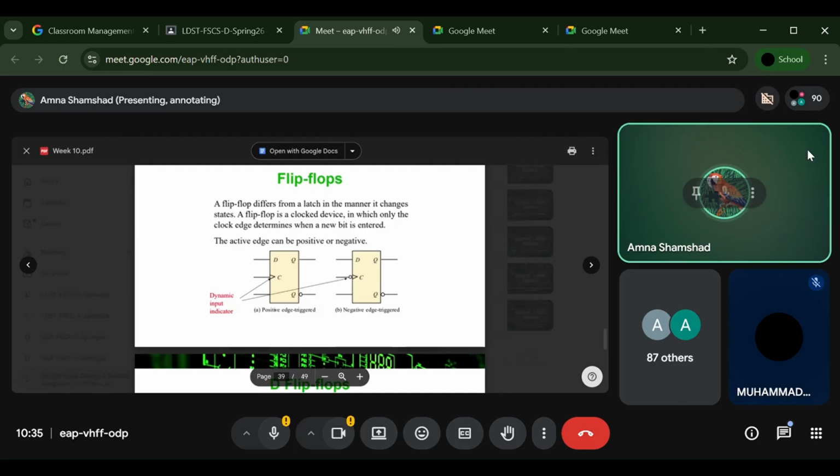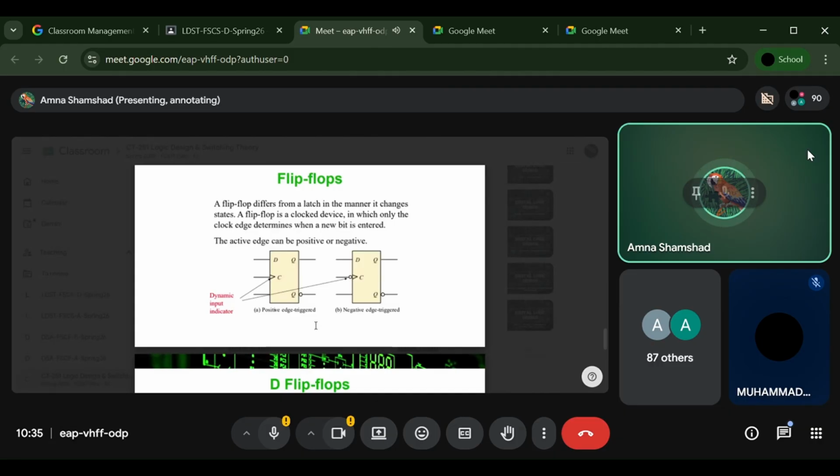The four different types of flip flops were the D flip flop, T flip flop, JK, and RS. The first one is the D flip flop. In class, we have discussed only the positive edge trigger. By default, it's a positive edge trigger, but we can also symbolize it using the negative edge trigger. This was the basic graphical symbol of a D flip flop with positive edge triggering. Positive edge triggering means whenever the rising edge of clock comes, it will change its output.